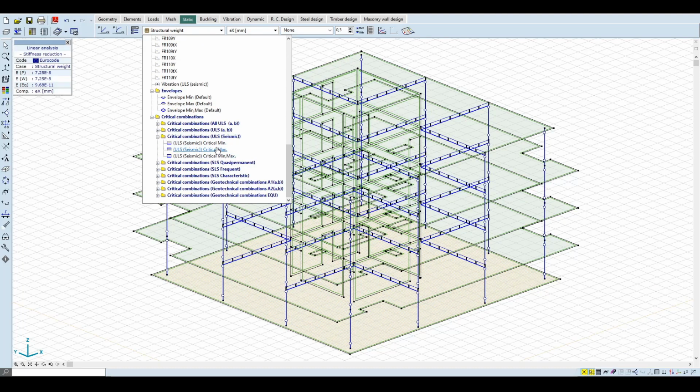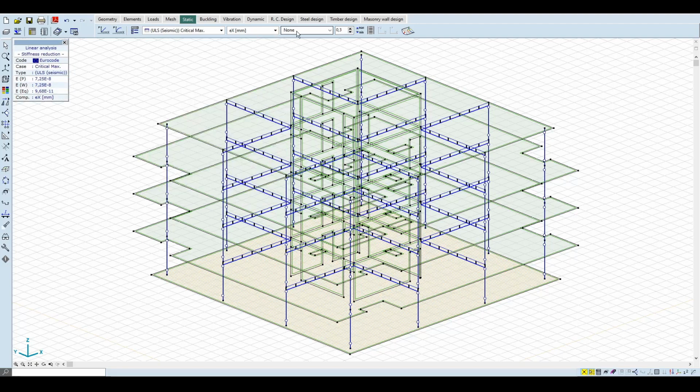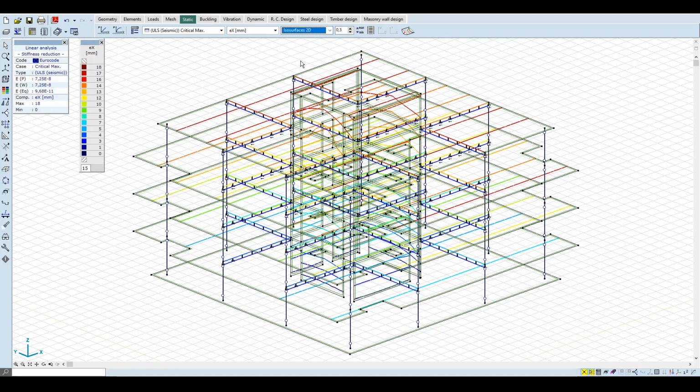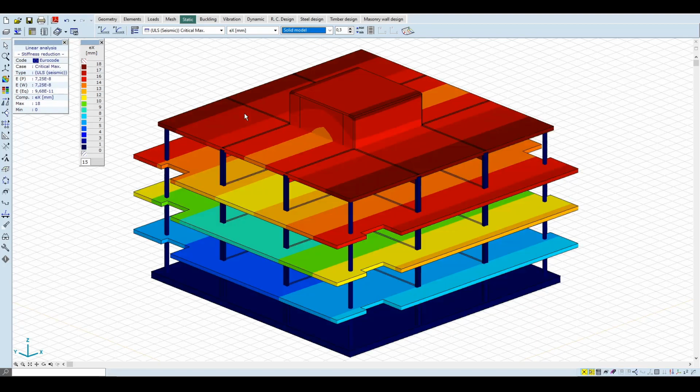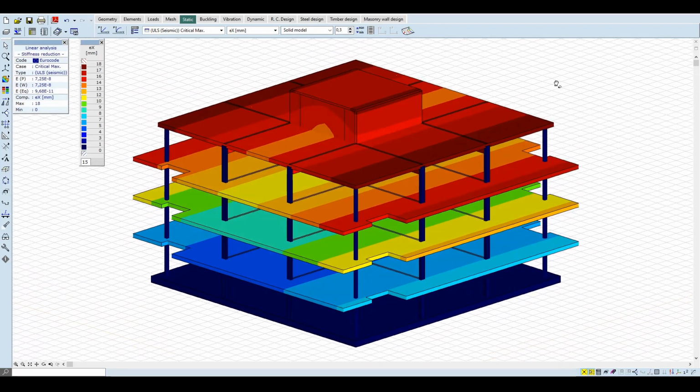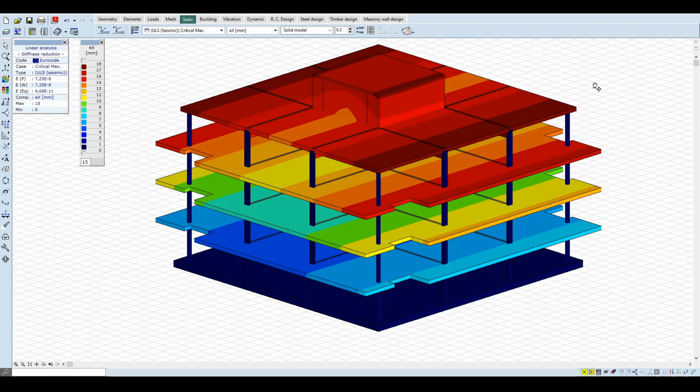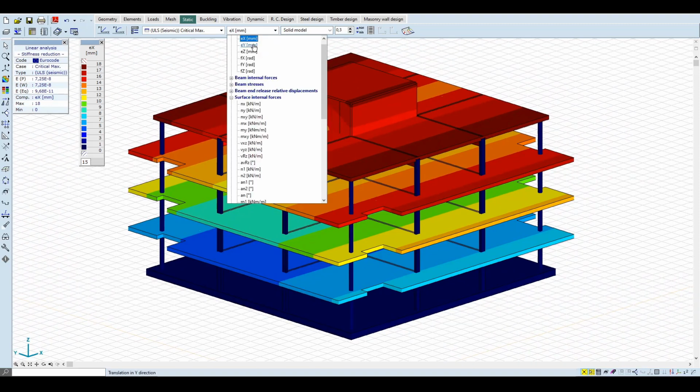The software automatically calculates the load combinations defined by the used standard, in our case Eurocode. In this combination, the seismic loads are already combined for each vibration mode and seismic direction, and then the permanent loads and the quasi-permanent part of the imposed loads are also added.